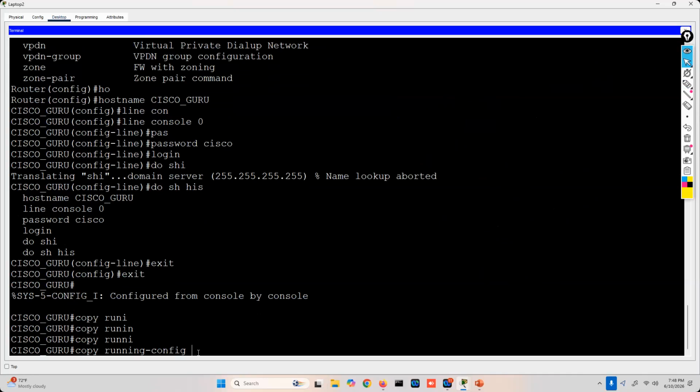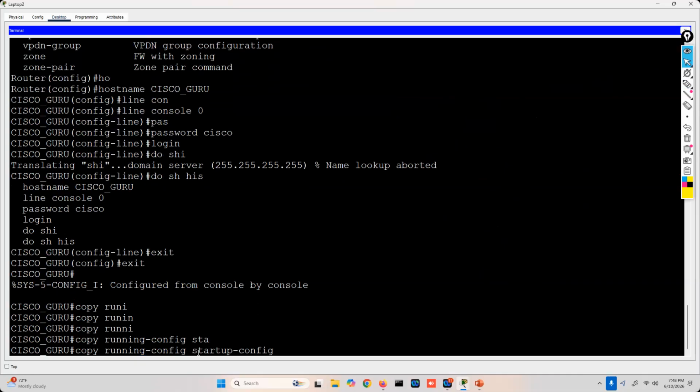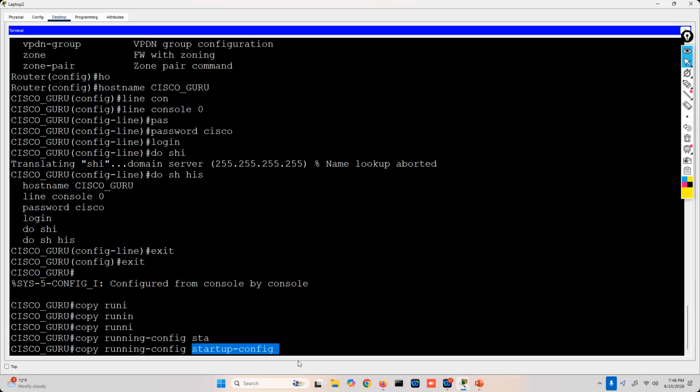But then we want to make a copy into the NVRAM. So we're going to put it into the NVRAM, and the destination is startup config. We're simply telling this switch, everything you've got in the RAM right now, can you please make a copy of it and put it in the NVRAM and name it startup config? The backup in the NVRAM is called a backup configuration file, or we call it a startup